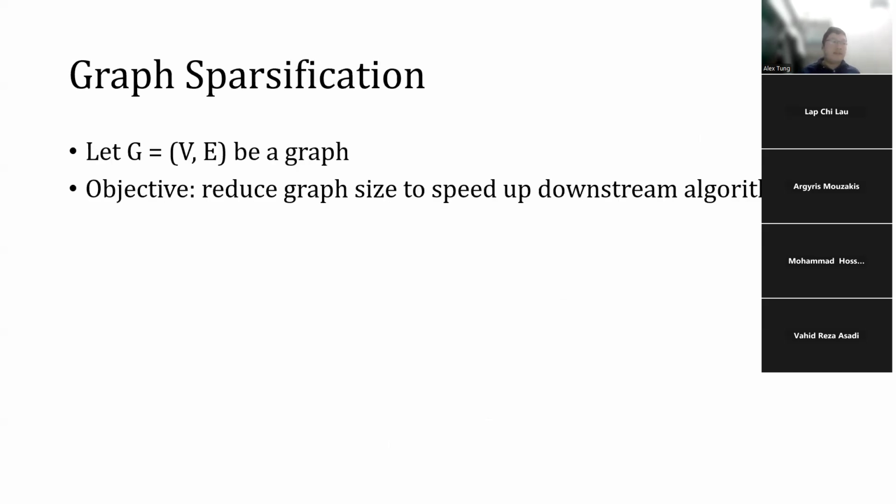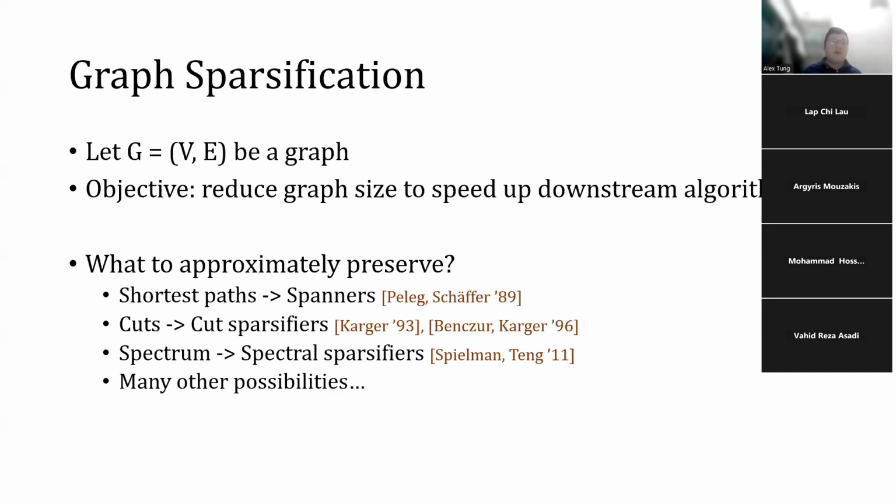So let's talk about graph sparsification. Let's say you're given a graph G. And basically, it's a very well motivated problem. The goal of sparsifying the graph is to reduce the size to speed up downstream algorithms. So while reducing the size, you change the graph. Some aspects of the graph will not be captured, but we still hope to approximately preserve certain properties of the